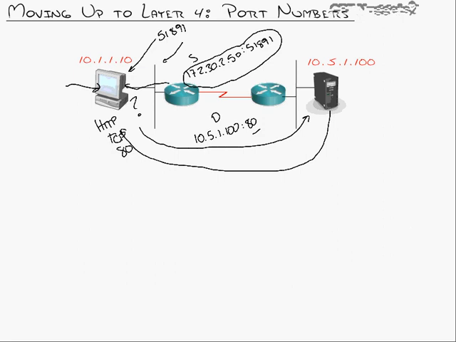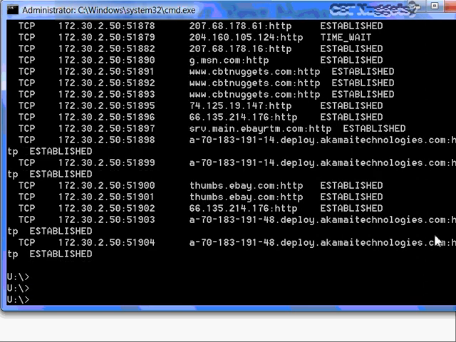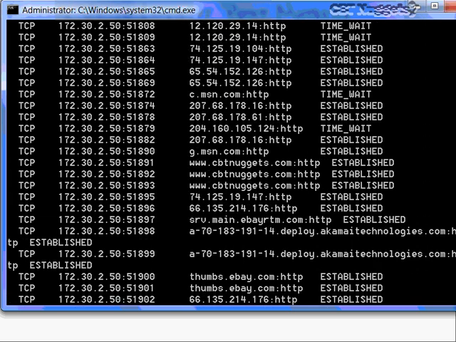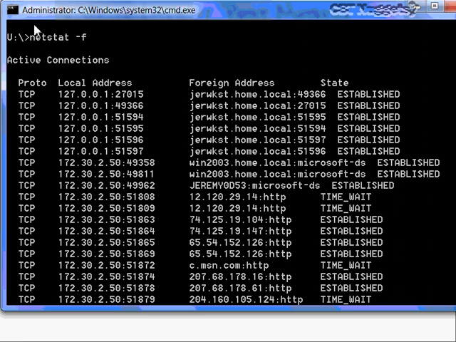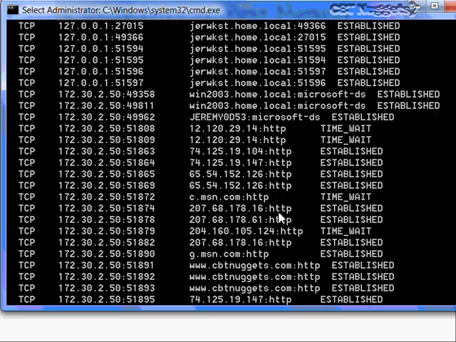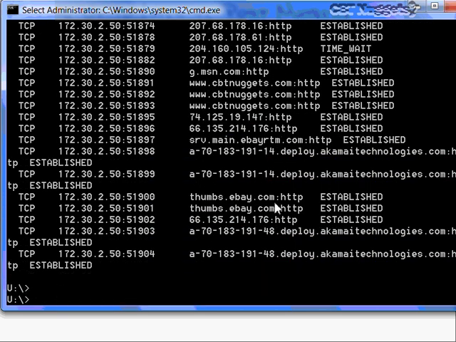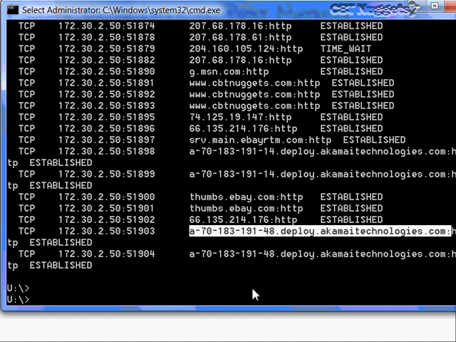At any given time, by the way, a great way to find out if you have a virus on your computer is to go to a command prompt and do a netstat. Because the virus will always be opening sessions to communicate to the outside world. And if you ever see things, like, when I was doing this to prepare to record this, I saw this guy right here. I was like, whoa, what is that? Deploy